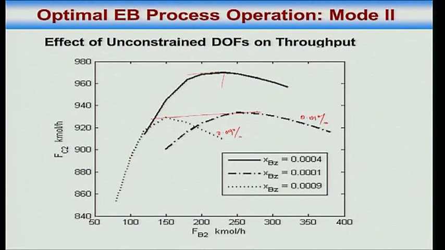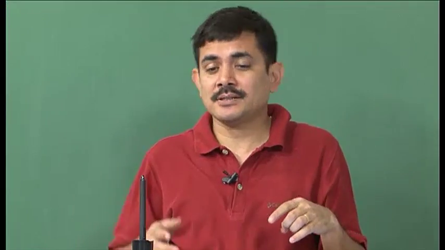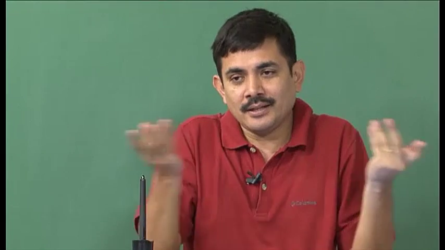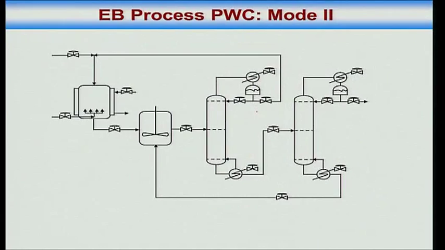4% is a heck of a lot. 4% accumulated over a year of operation will turn out to be millions of dollars or crores of rupees in extra revenue. Yes or no? So even though it appears 0.09%, 0.01%, it makes a difference. Of course, if the operator or the customer says you have to have so much impurity of this and so much of that, then it's not a degree of freedom, it's fixed, and then maximum throughput is whatever it is. Now let us synthesize.